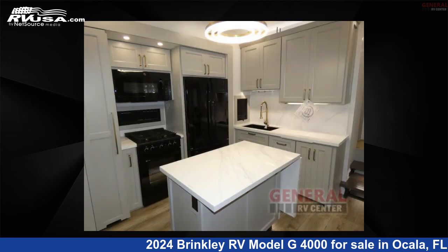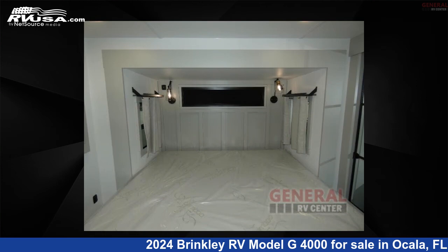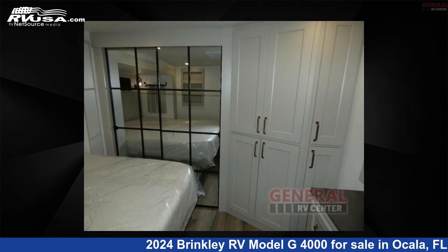This new Brinkley RV is 45 feet 0 inches in length and features sleeps 8, slide-out, and 150 gallons fresh water capacity. The floor plan layout of this toy hauler features bath and a half, front bedroom, kitchen island, loft,